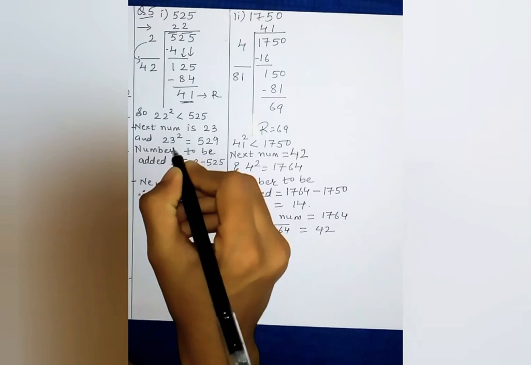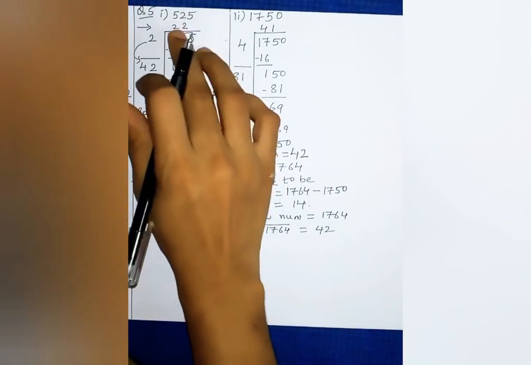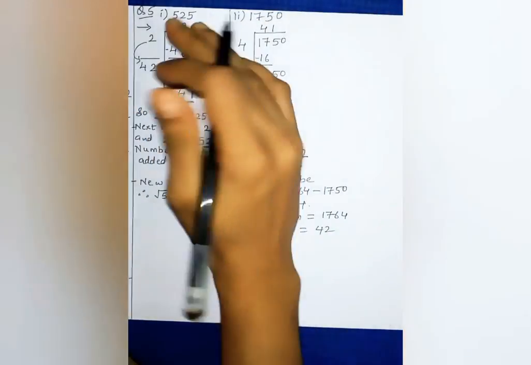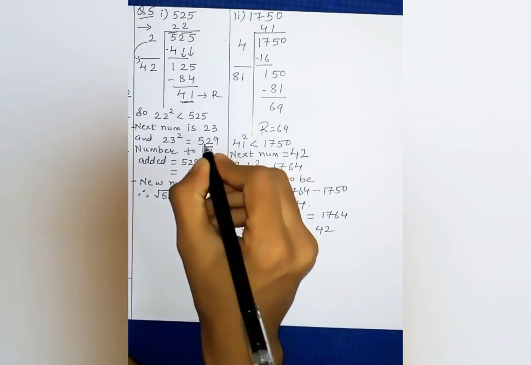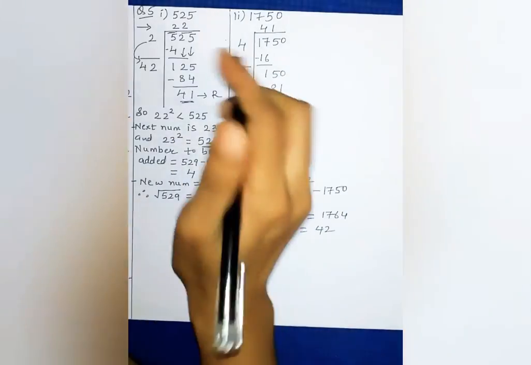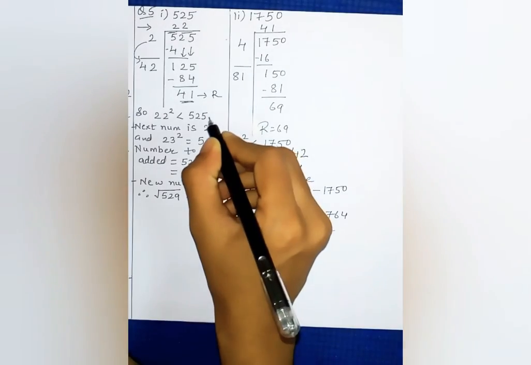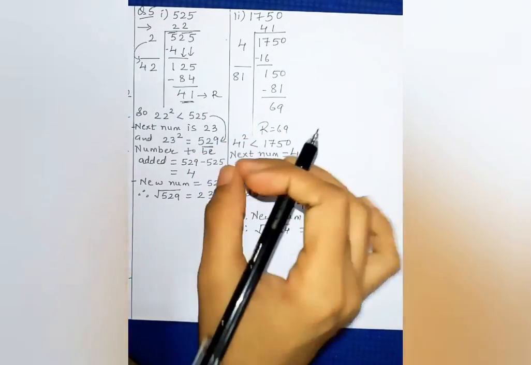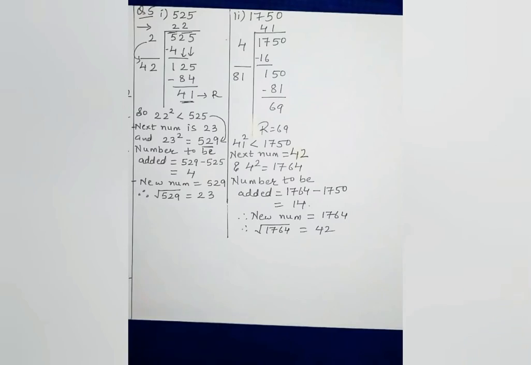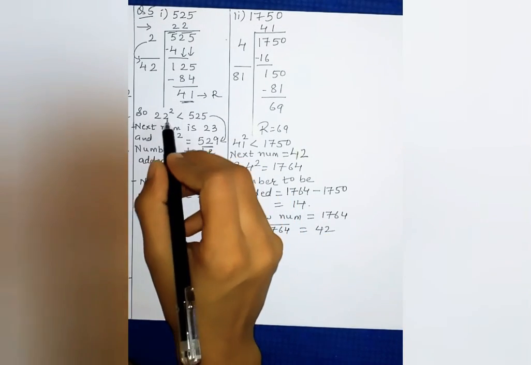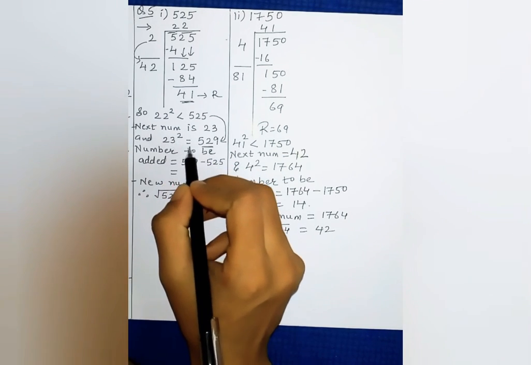So let us see what is the square of 23. 23 square will be equal to 529. You can multiply on the side. If your quotient here is 22, you have to take 23, one step ahead. So when you do 23 into 23, the answer will be 529. Now our answer is 529, the square of 23, and in the question 525 is given. So we will subtract these two, and whatever number we get, we will add to this, so that it becomes a perfect square number.